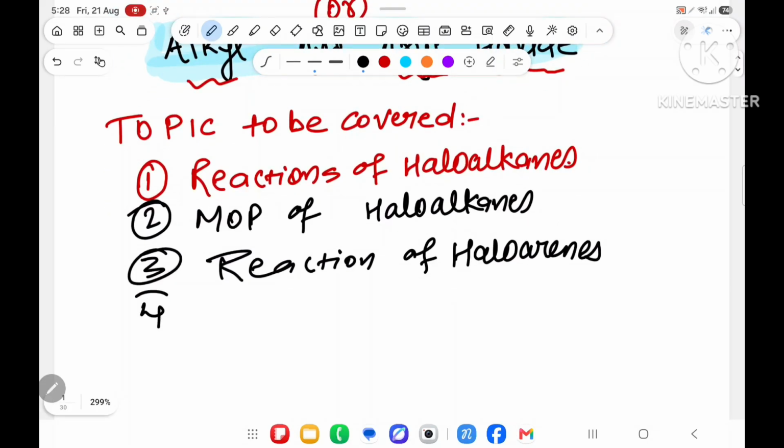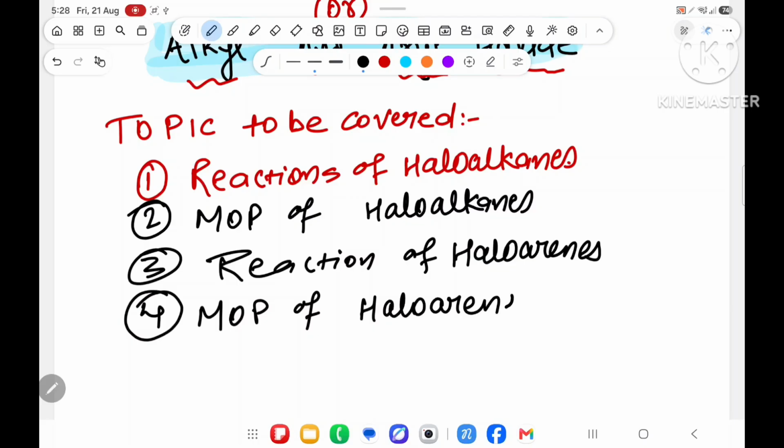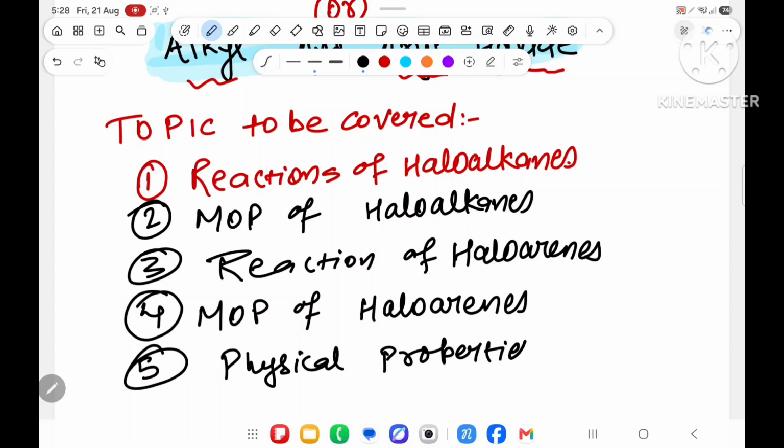Then the fourth topic I will cover is method of preparation of haloarenes. And then the fifth topic I will cover is physical properties of